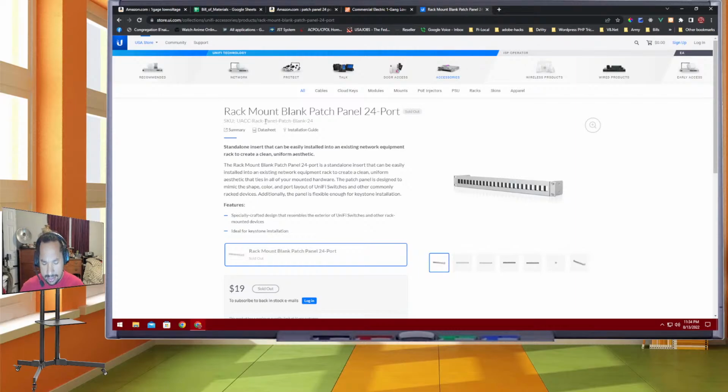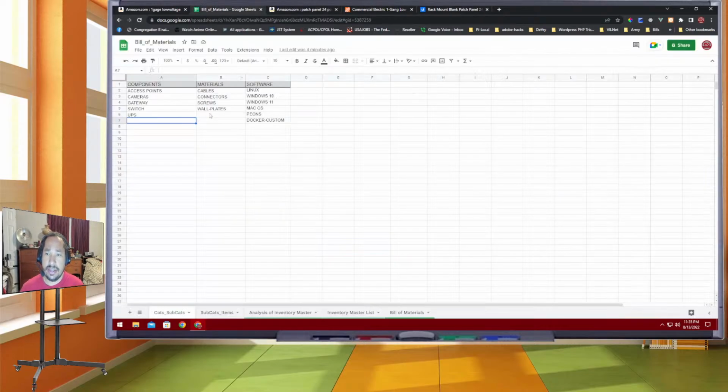Patch panel. I think we would put that under rack. I think that's a good category. Rack miscellaneous, right? So let's move wall plates down. Rack misc, right? So that would include things like the rack,